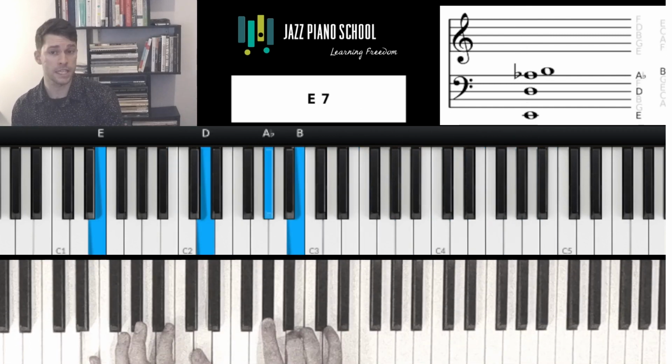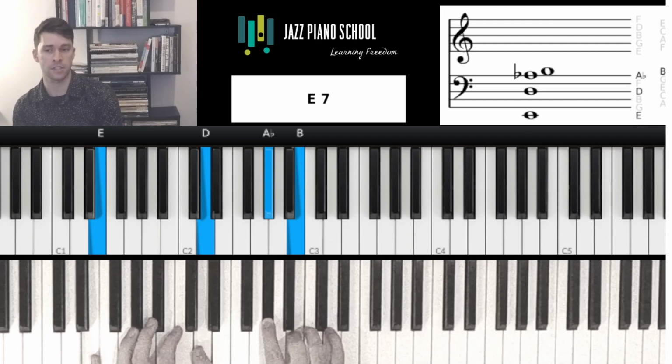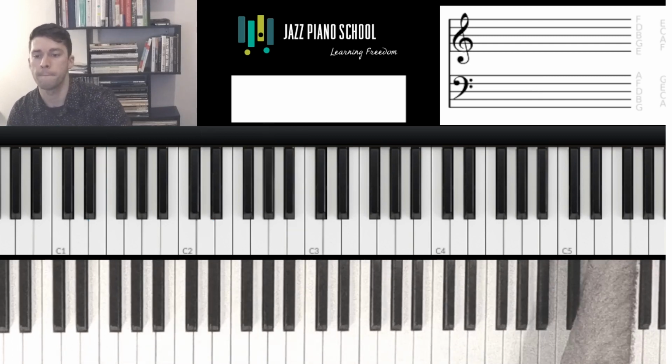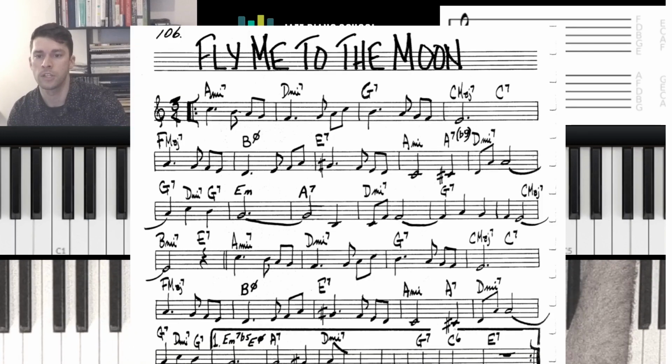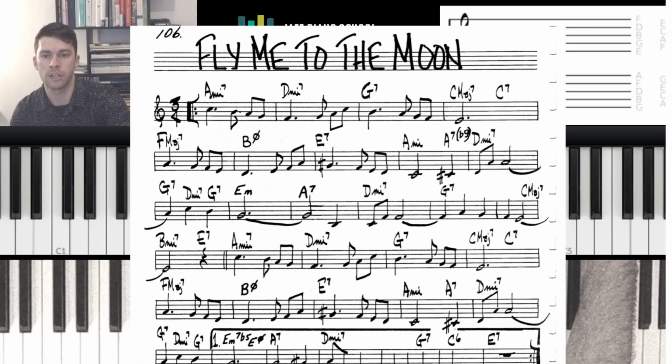And then we get to the E7. This is our first chord outside of the key of C. So what do we play here? Let's take another look at our lead sheet. Where is this E7 going? It's resolving to A minor. So whenever you have a chord